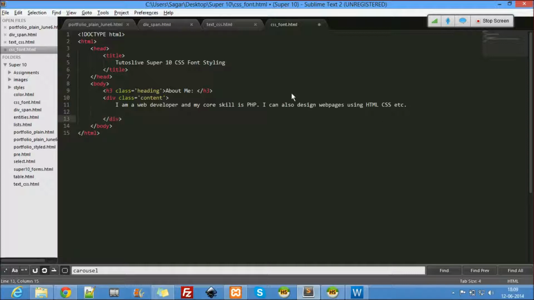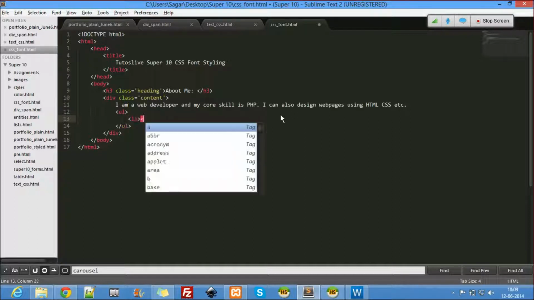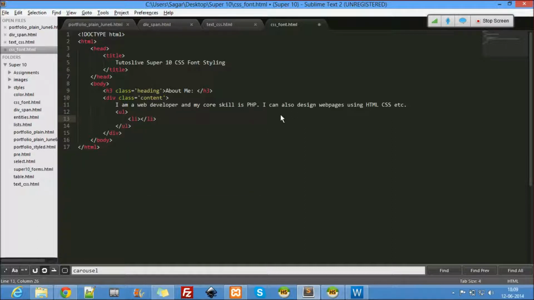And then here I'll use a UL, just for the sake of it. Li. Whenever you use UL, use a li. My favorites, something like that. This is about me, so I write my favorites. So here what I do is I say span.